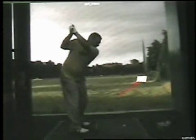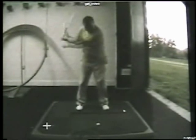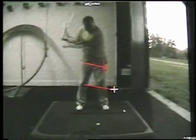Okay, if we were to imagine where your pivot point would be, I like to have the pivot point of your hips. So by this time here, you should reestablish that this is where your left hip is going to be. And now your right hip should be moving to pass it. Okay, so establishment of the left hip, and then the right hip and the right knee work towards the target, or actually out more towards first base of the target,